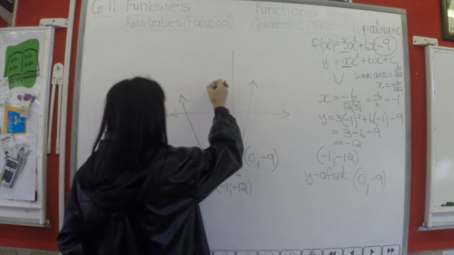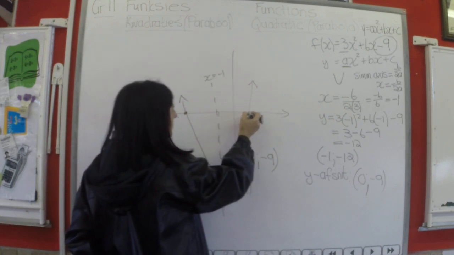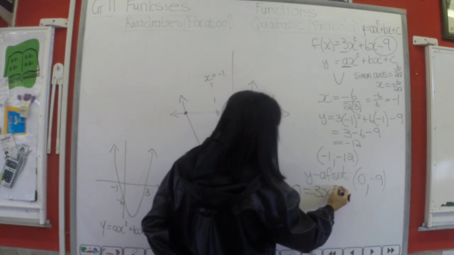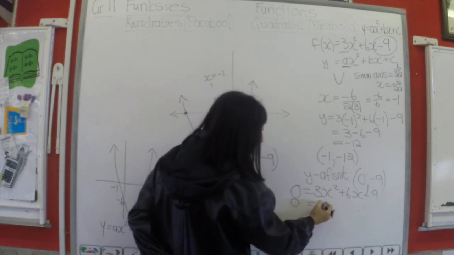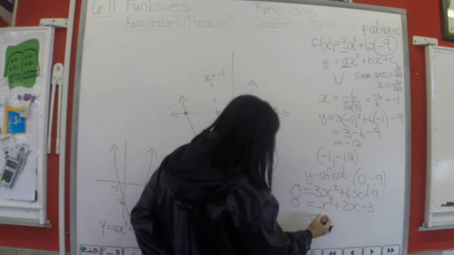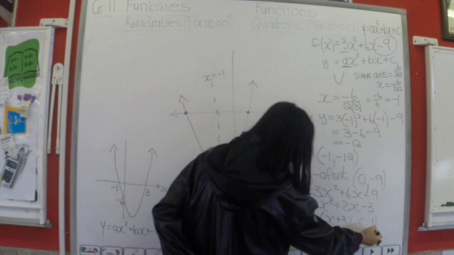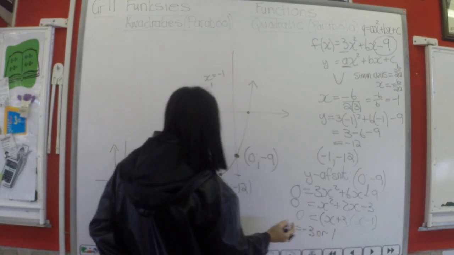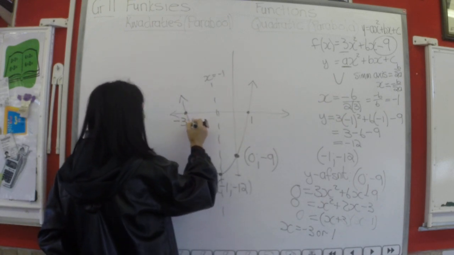And now that's my symmetrical axis. And I need my 2 x-intercepts. So let's make y 0 to get our x-intercepts. Nou kan ons deel met 3 dwars deur, want ons het die mag van die 0. So ek het x kwadraat plus 2x min 3. En dit gee vir my x plus 3, x min 1. So now we've got x equals minus 3 or plus 1. So that's going to be minus 3 and that's going to be plus 1, my 2